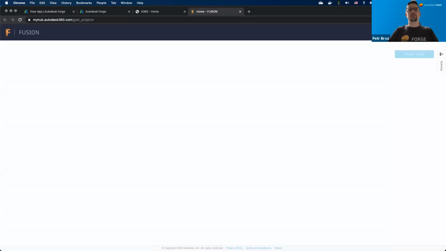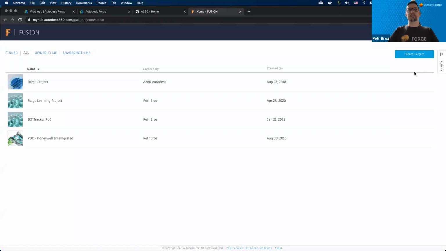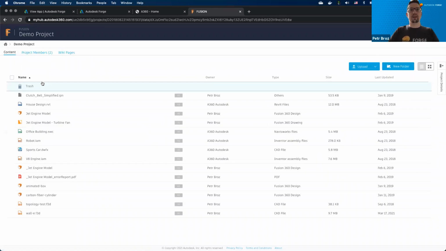All right. So I'm here, and you see I already have a couple of projects in, well, actually Fusion Team now. Again, I can see if there's anything I can maybe reuse later. Okay, yeah, there it is. So I'm going to be accessing this project and these files later on